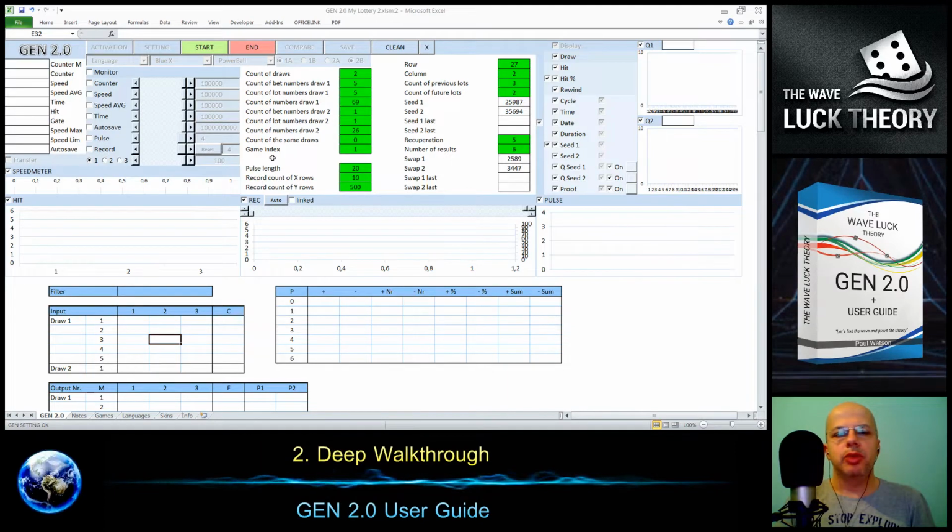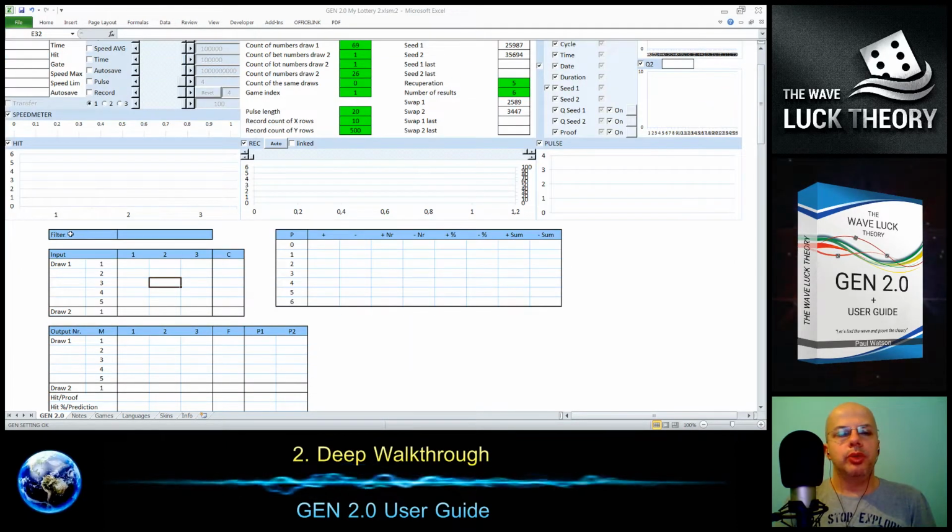And at this moment it's time to start to fill the input and the filter box. So we have the filter, and I will focus on it right here. We have here the hit graph, and in the hit graph they are represented the best result and also the filter setting.